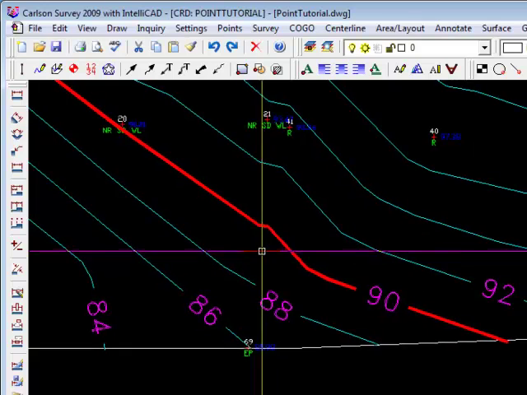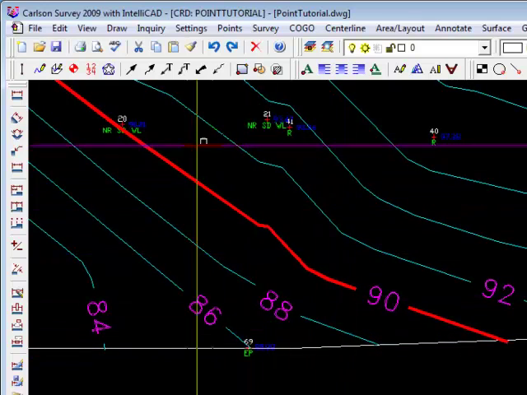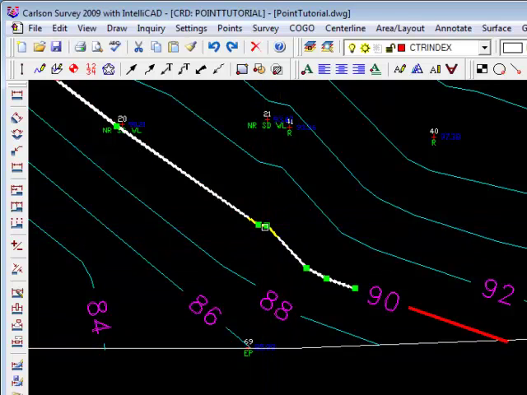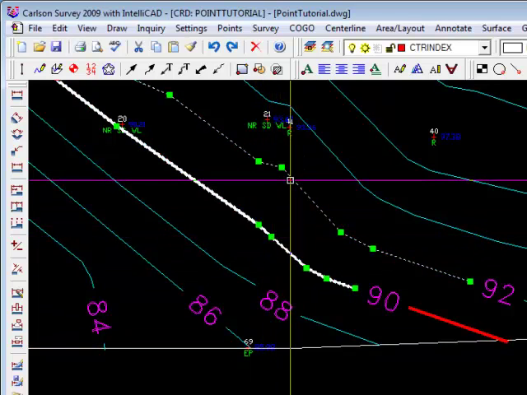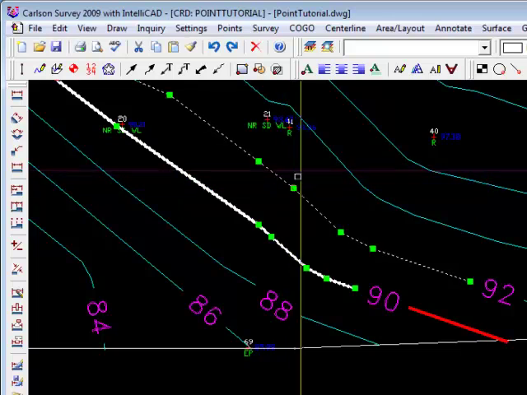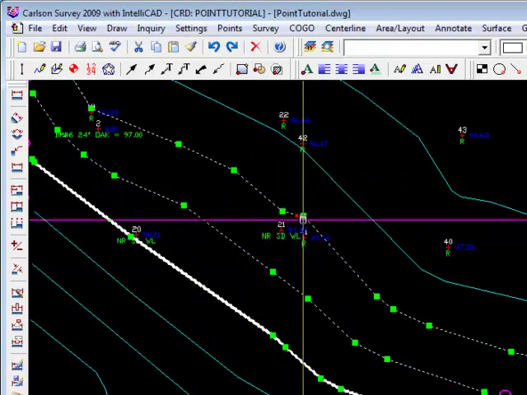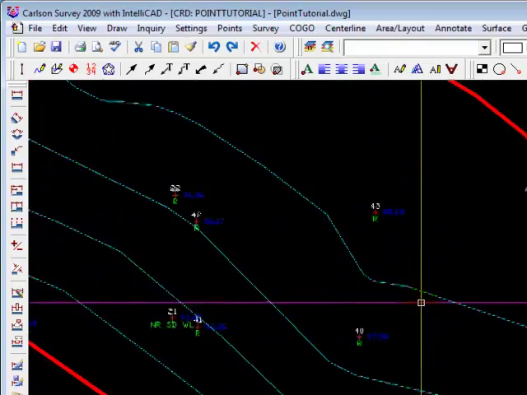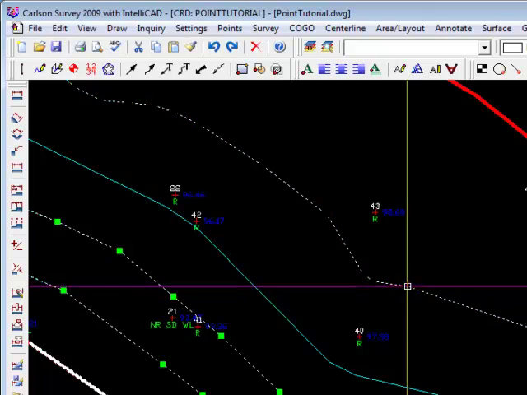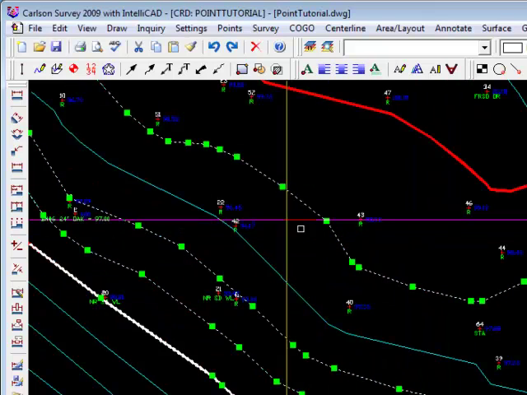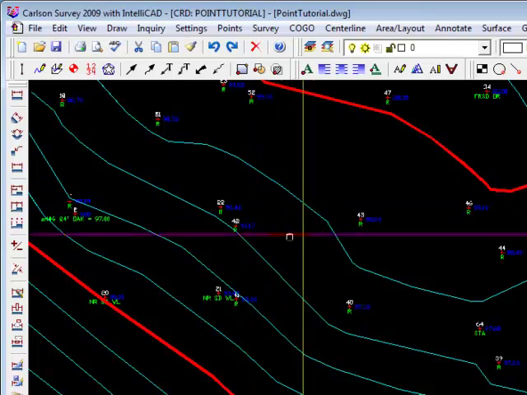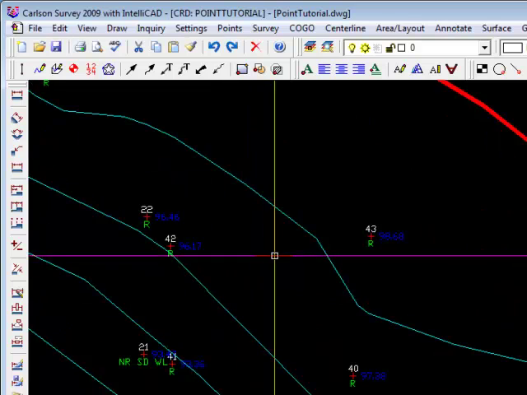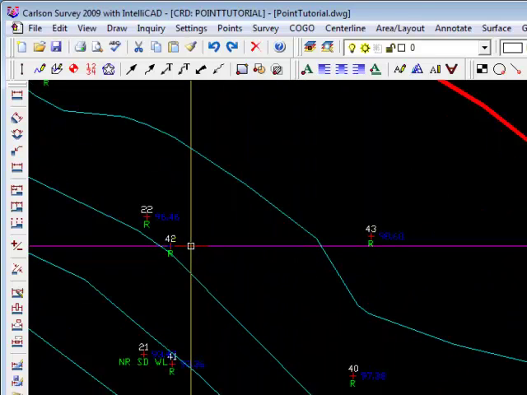You can see here we don't have enough shots in this area. We got a little bump in some of these contours. So I smooth them out. It just looks a little more aesthetically pleasing. And if we were plotting like we would in the old days, plotting by hand, we would have smoothed these contours in the same way. This shot is tying to this shot,